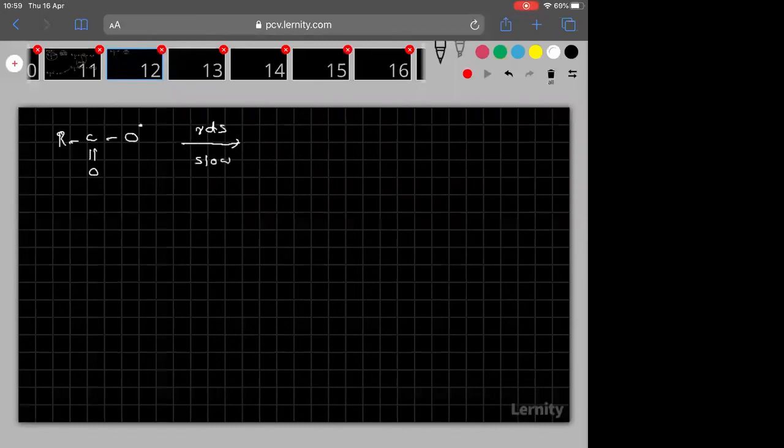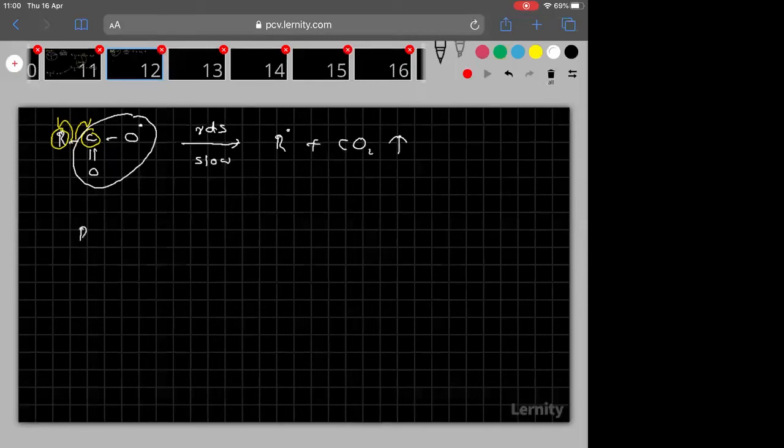So here, see clearly, this is carbon, this is also carbon. Both have the same electronegativity. When electronegativity is the same, the bond between them will break homolytically. Remember, the bond between them will break homolytically. Then what happened here? R dot you will get. Along with that, see clearly, this is CO2. Carbon dioxide gas will be released out. Clear? R dot and CO2 will be released. I hope you understand my point here.